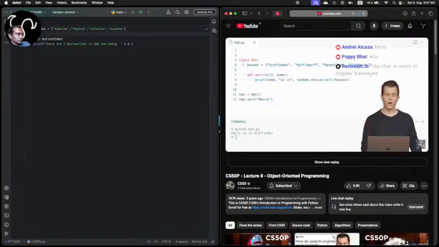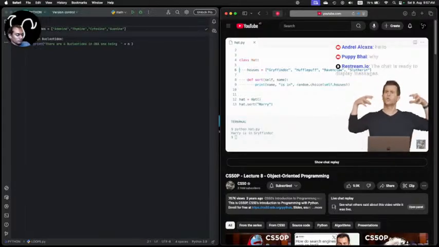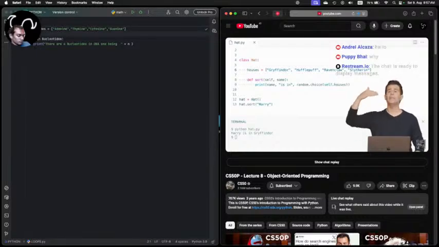So what I've done here is define, inside of my Hat class, a class variable called houses. I don't say self, because self is no longer relevant. Self refers to specific objects. I want a variable inside of this class, aka a class variable, that equals that list. Because it's inside of this Hat class now, I can use that list in any of my functions. I've only got one now called sort, but if I had more, it would be accessible to all of those